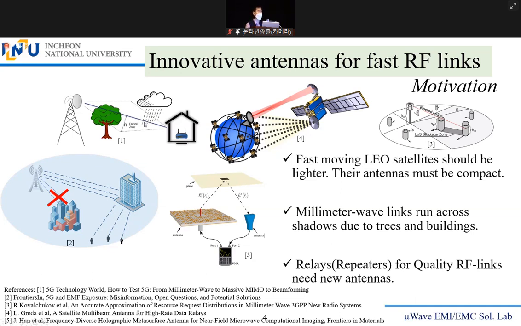When I was working for ETRI, the Electronics and Telecommunications Research Institute, I developed transponders, radio frequency components, and antenna systems for satellites like this. Satellites these days use X band, Q band, actually Ku band, and Ka band. Ka band includes millimeter wave or vice versa. So you can see the geostationary satellite, which shines electromagnetic wave energy to the receiver antenna on the ground. But this is revamped with new things like this.